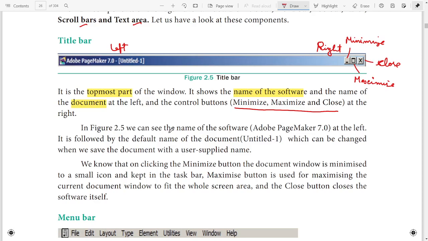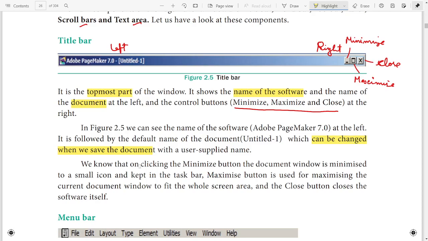We can see the name of the software at the left side, followed by the default name Untitled 1, which can be changed when we save the document. Once you save the document, your default name, Untitled 1, can be changed.